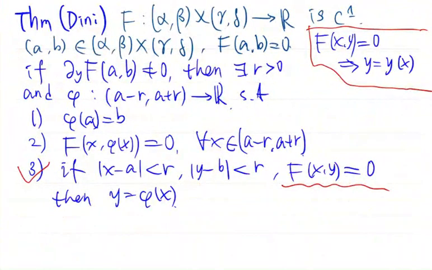And this function is C1. I forgot to mention that the function phi whose existence we declare is C1. I forgot to mention this. Okay, so this is the Dini theorem. So our purpose is to prove this theorem for today's